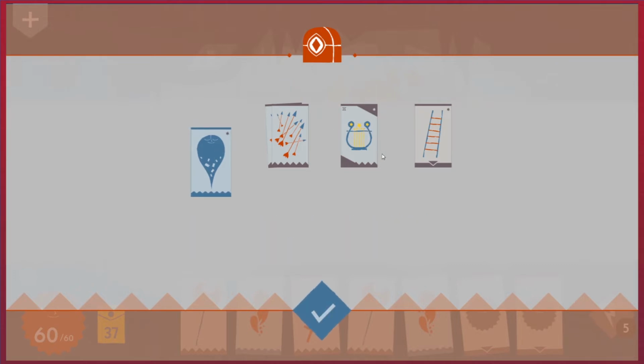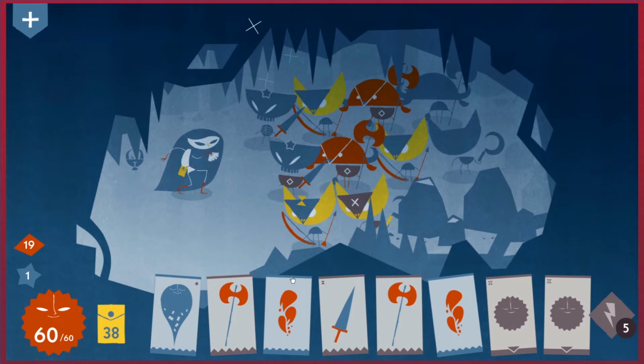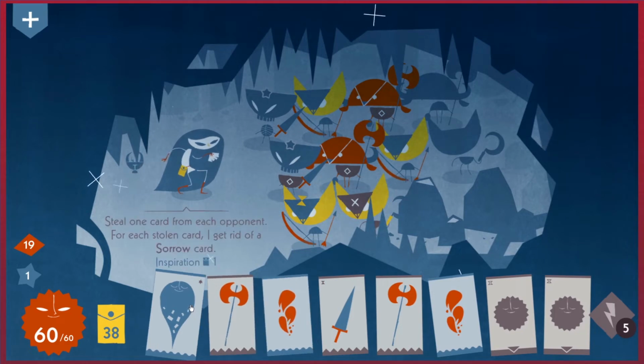Yes, I'll go for that. Can I pick up 2? No, I cannot. That's a shame. Let's go for that, because you get sorrow cards at some point. Certain enemies give them to you, and they effectively will take your health, and you have to use them up